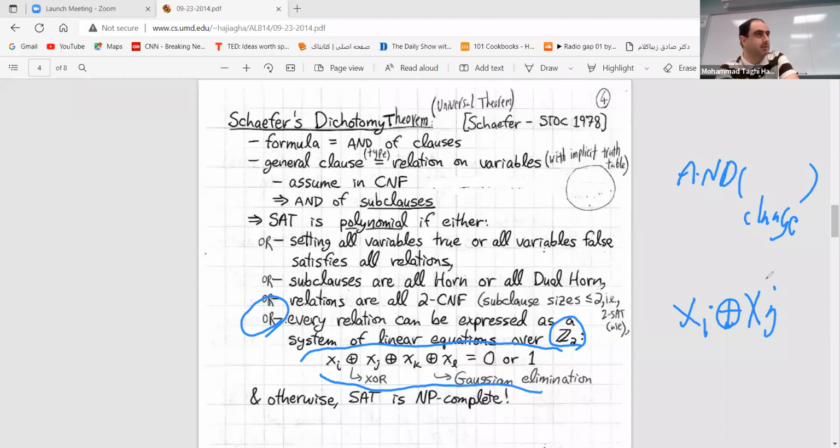You can have more than two variables. So you have an AND of some clauses, and each of these clauses you can write as a system of linear equations. This is a linear equation that we can solve using Gaussian elimination. This is essentially the same version on Z2, but we write it with XOR. So instead of plus in the linear formulas, we have XOR. So we say that if we have XOR of these, it should be 0 or 1, and the system of equations. If each clause has such a property, then using Gaussian elimination,